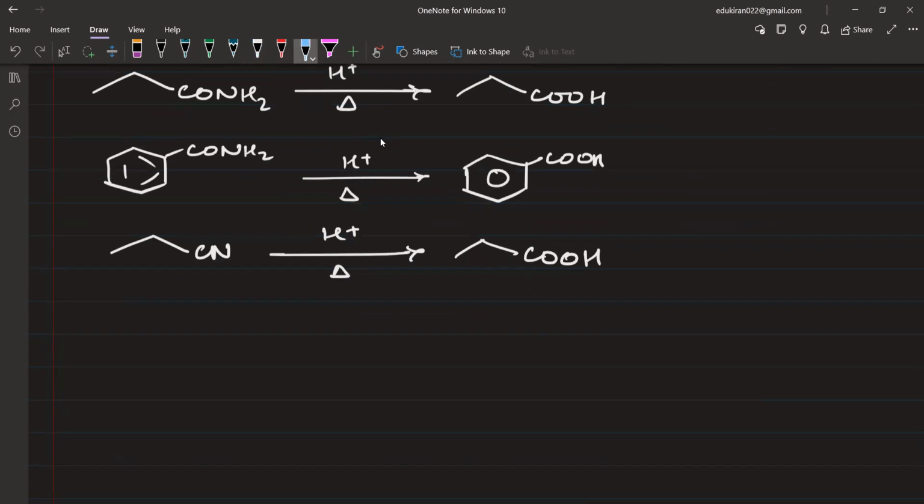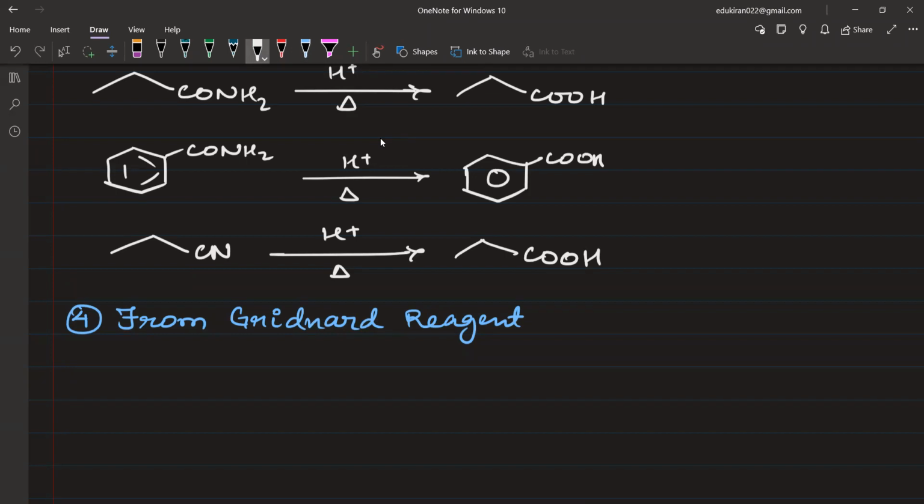Right, the fourth method of preparation. From Grignard reagent. This Grignard reagent and the above nitrile case are very important for organic conversion. Okay, so first of all, look at Grignard reagent. Why is Grignard reagent important? Because if you have RMgX